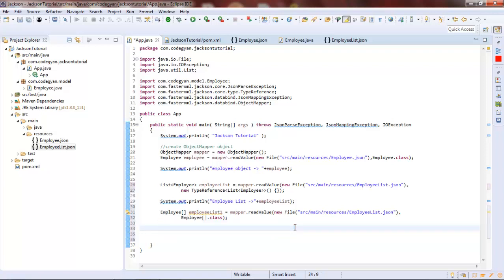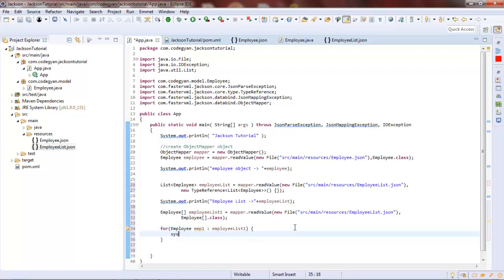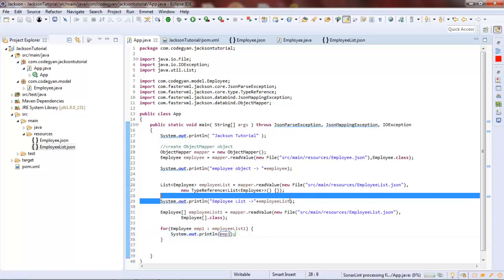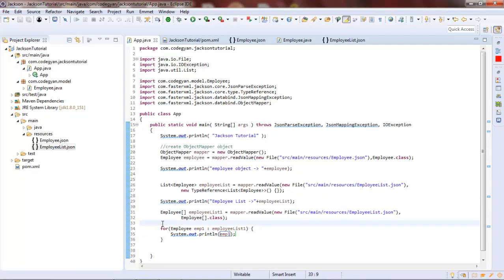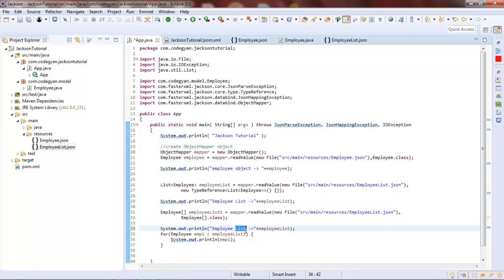Let's print this array also, just for better understanding, the employee array.